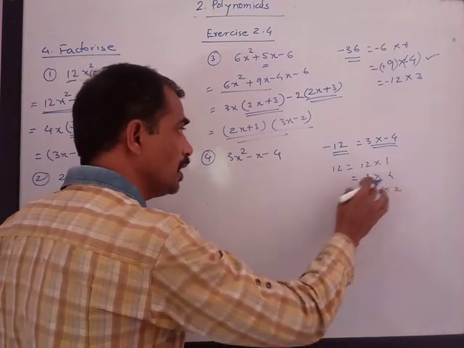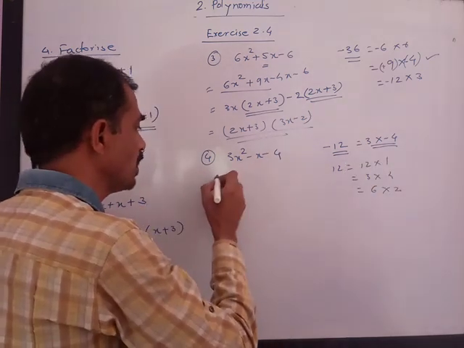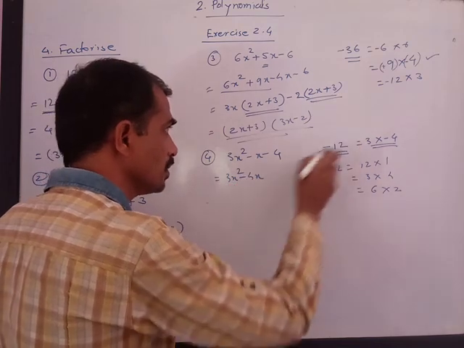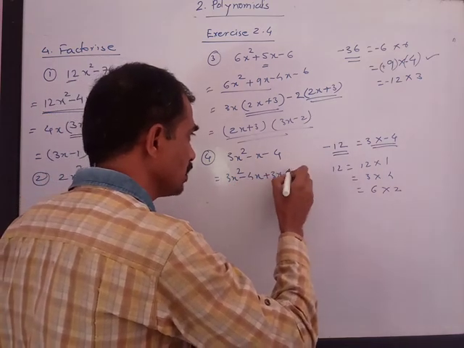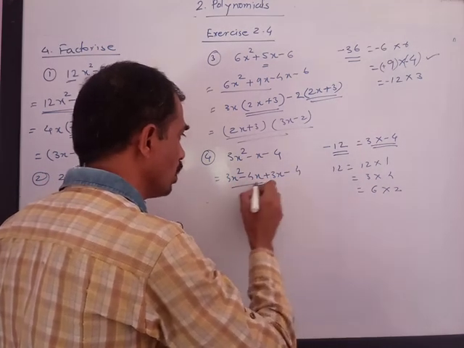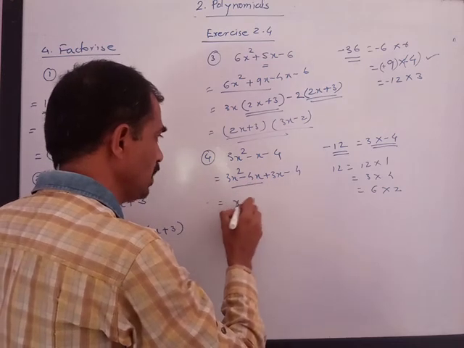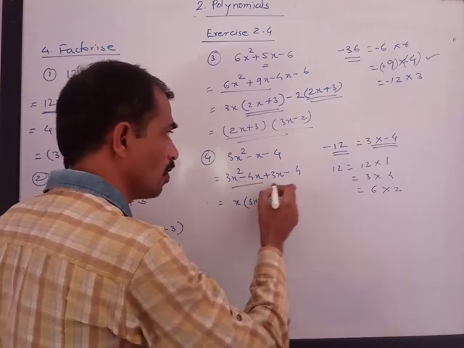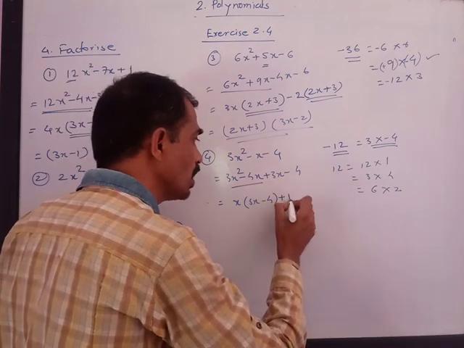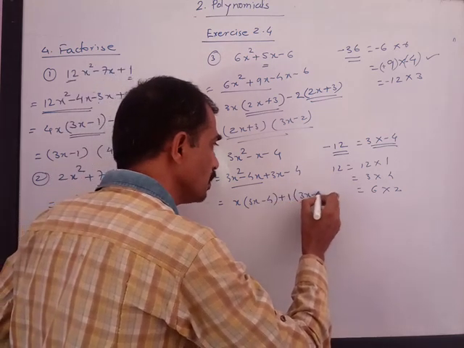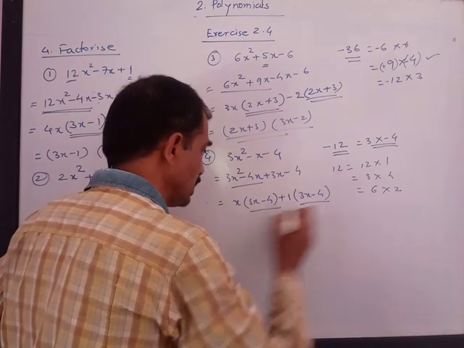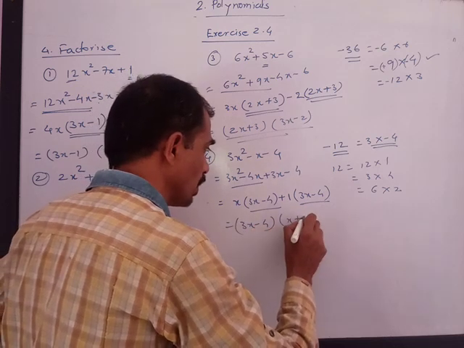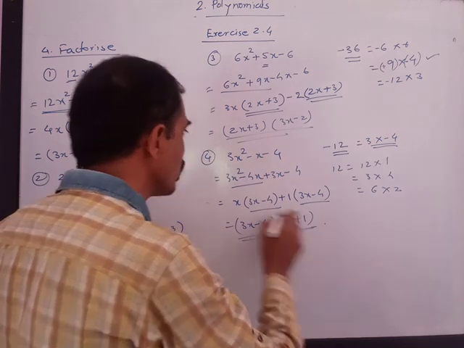So please note here. Let us split the middle term. 3x square minus 4x plus 3x minus 4. Among these you can take x common. So you will have 3x minus 4. From this again nothing can be taken common. 1 is always possible to take common. Please note bracket is same. So this is equal to 3x minus 4 and x plus 1. So this itself is the answer of the given question.